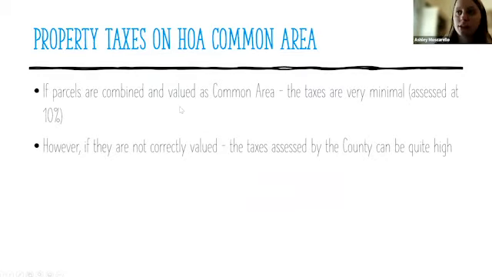And then this is back to what I was saying about the common area valuation. As I mentioned, if they're combined and valued as common area, which you just have to click through that checklist that I mentioned on the first slide, and once they review that and they value your common area, you're good to go for all the years ahead. You don't need to recertify or anything like that. The taxes are very minimal. They're assessed at a rate of 10% and a valuation of 500, but the taxes end up being like in the teens most often,